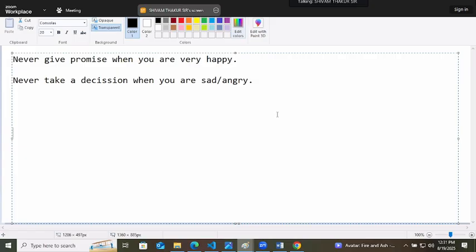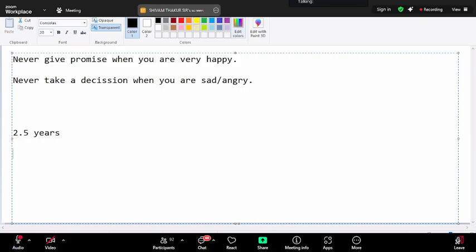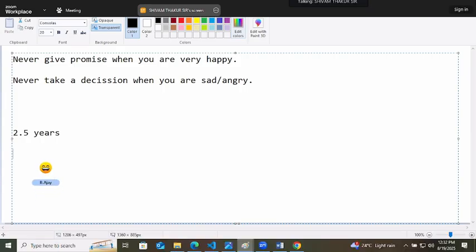And then my mom came in the form of a mom. She called me immediately and said, Shivam, there is one candidate and you have to give her a job. I thought, if mom is saying so, I can't deny. I said, okay, just let her know. I didn't know her actually at that time. It's been 2.5 years since she joined my company. She doesn't know HTML. For 2.5 years, she is learning HTML.